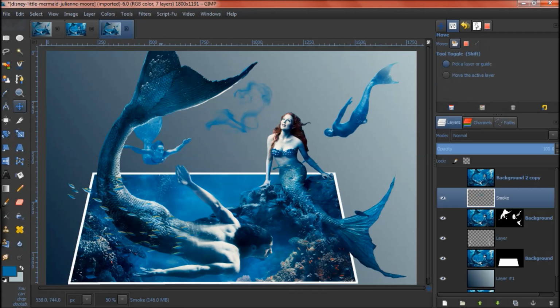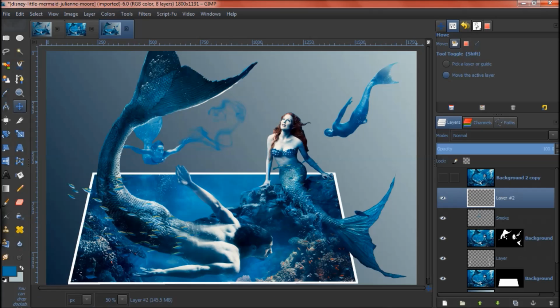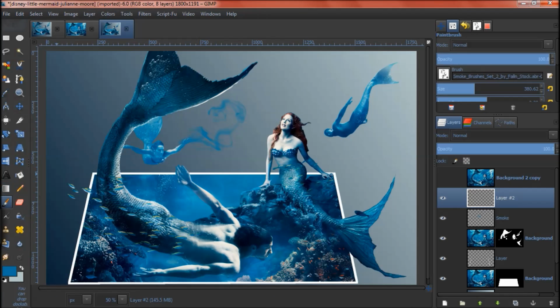Then I'm going to press M to grab my move tool. Make sure you select move the active layer, and I'm going to bring this down and put it right there. And then I'm going to make another new layer, Control Shift N, and grab my brush tool again,